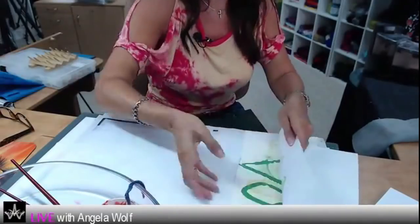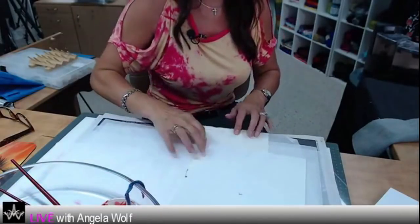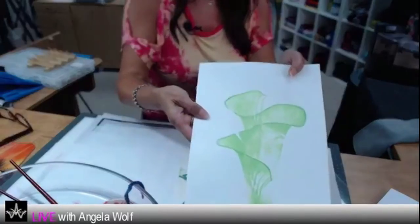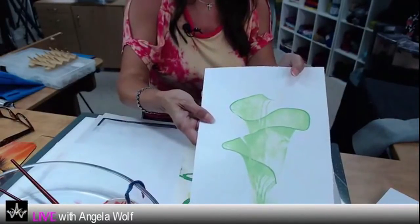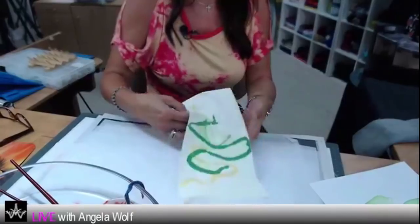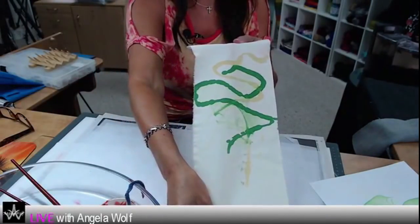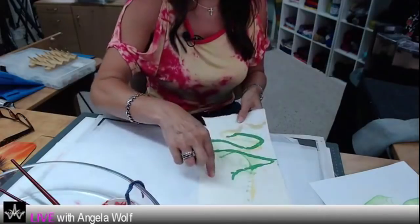Move this out of the way. So this is cream colored, like a cotton. That turned out fabulous. And that did not so much. So again, it sucked up the...